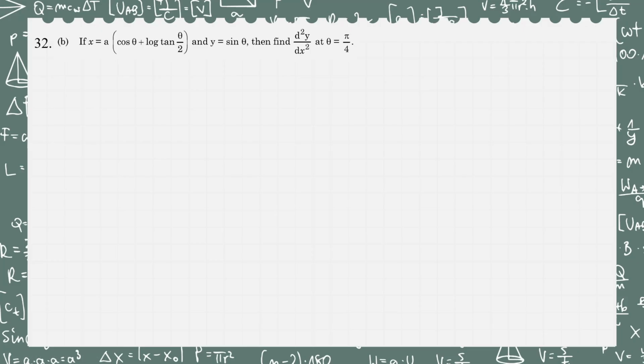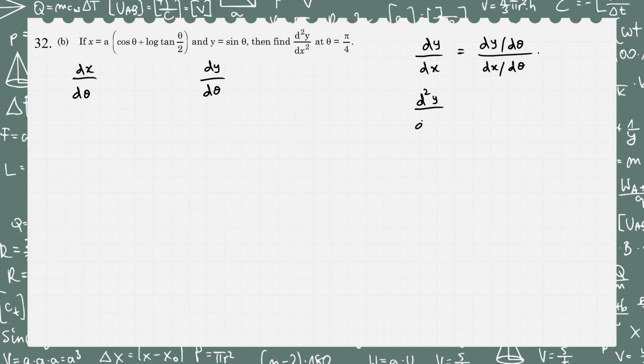So theta is the variable, and y is also dependent on theta. So we can only find dx by d theta and dy by d theta. So this is the parametric representation. So we know dy by dx is equal to dy by d theta divided by dx by d theta,